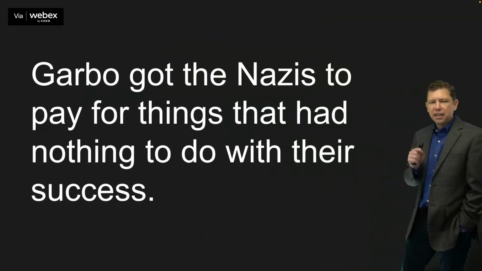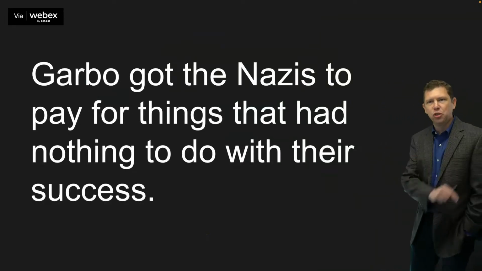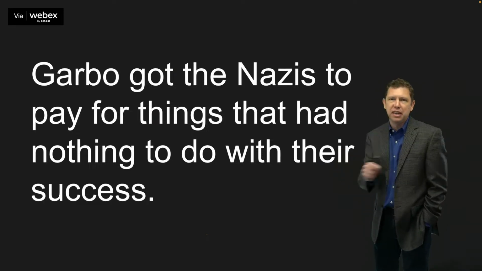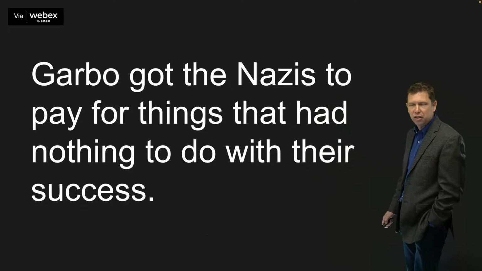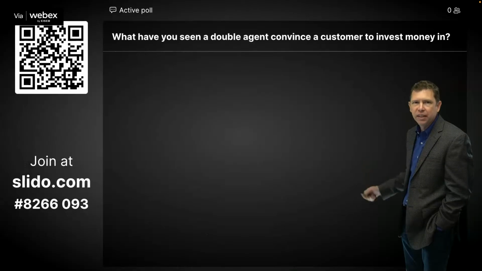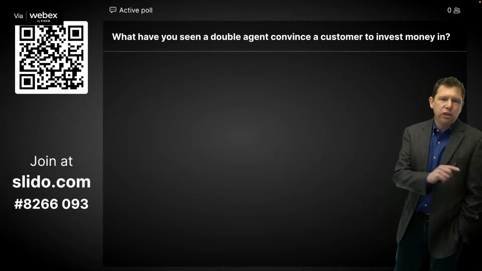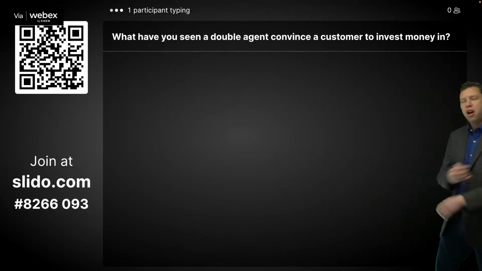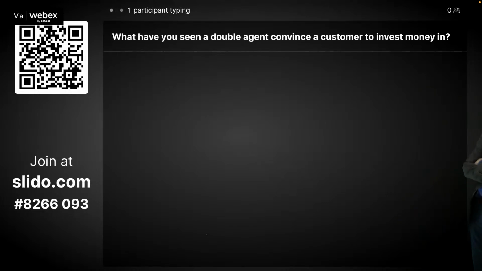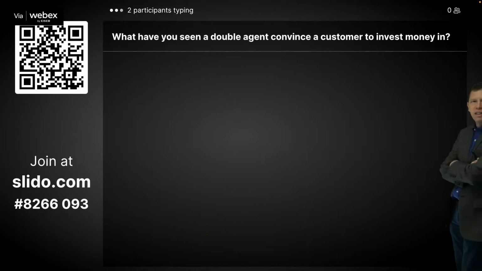So Garbo got the Nazis to pay for things that had nothing to do with their success. In this case, something that didn't even exist, and it had nothing to do with the Nazis being able to carry out their nefarious plot. What have you seen a double agent convince a customer to invest money in? So on an Agile team, have you ever seen a double agent, somebody that's maybe not completely bought into the Agile principles, that's convinced a customer to invest money in something that wasn't really aligned